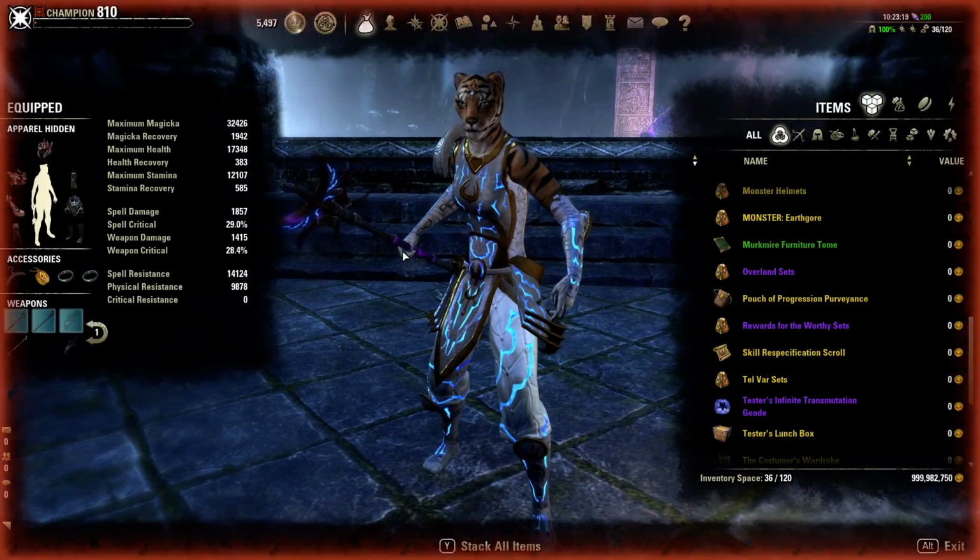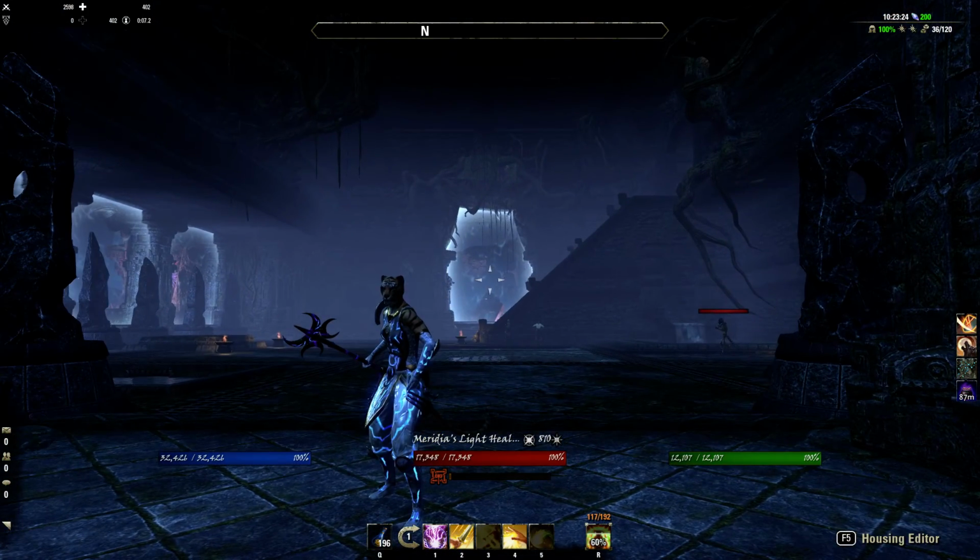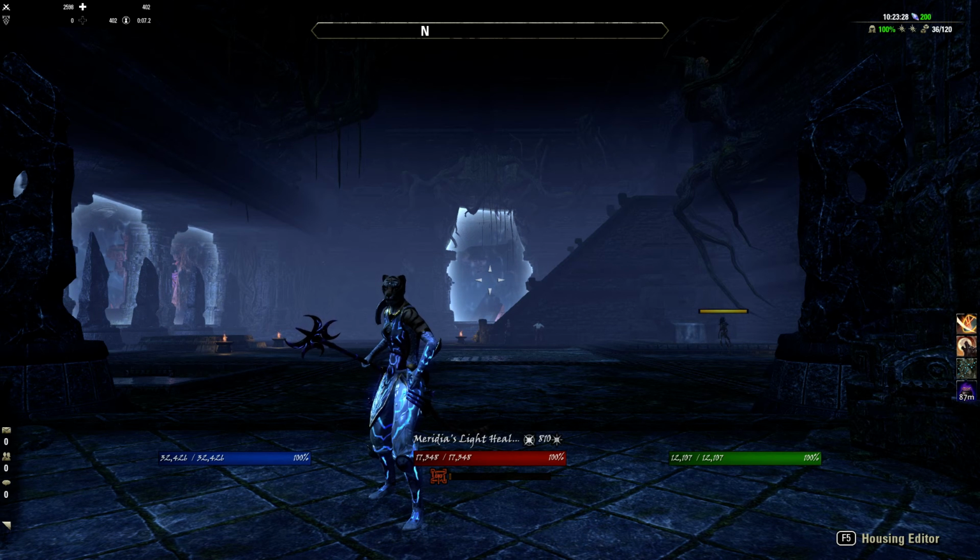So, that is the CP, that is the skills, that is the gear, guys. That is Meridia's Light. And Meridia's Light is one of my favorite builds to play. Not this, I don't have this setup, but I do play the Meridia's Light on the live servers. I actually run Worm Cult right now with